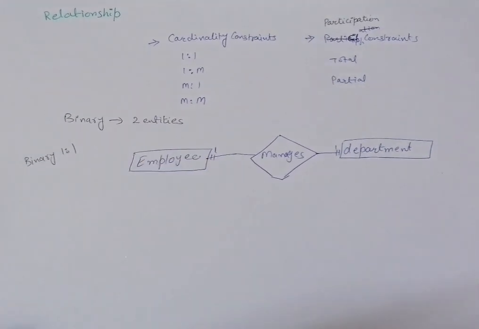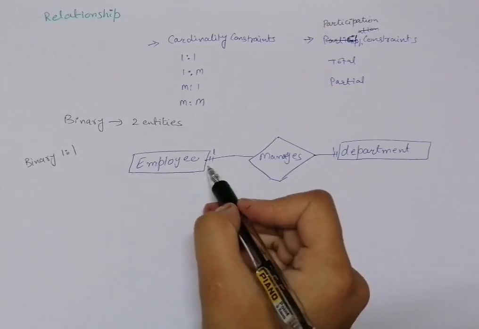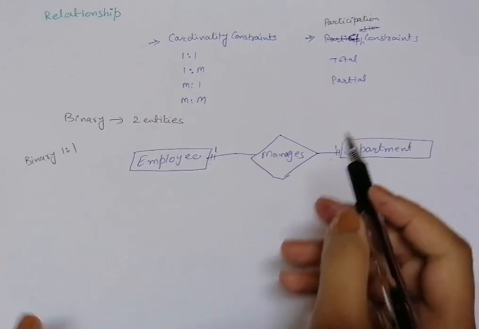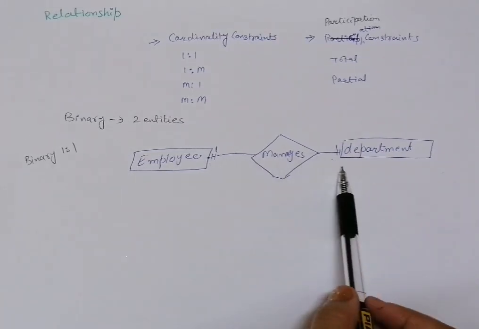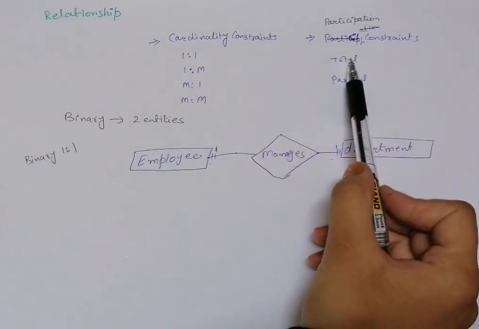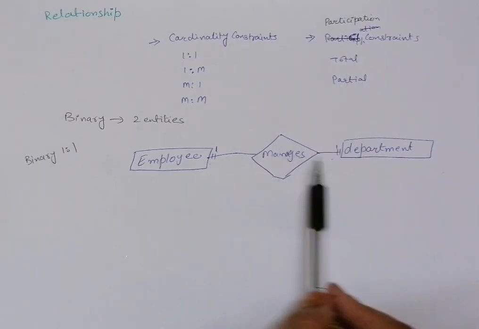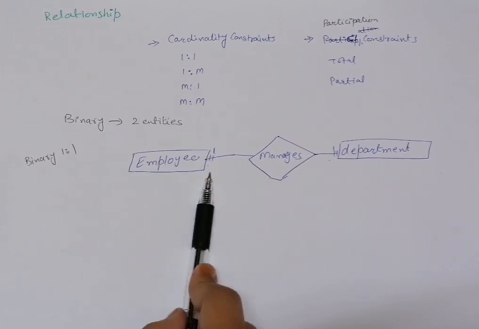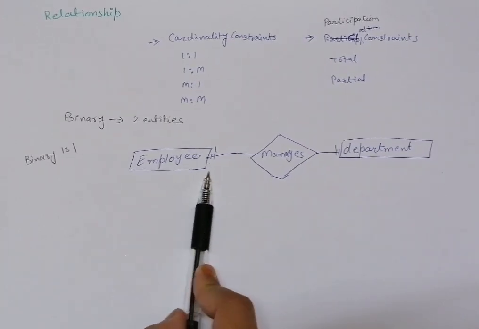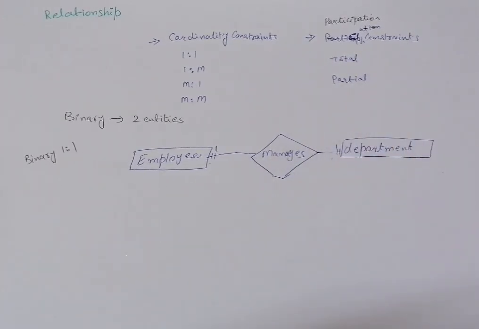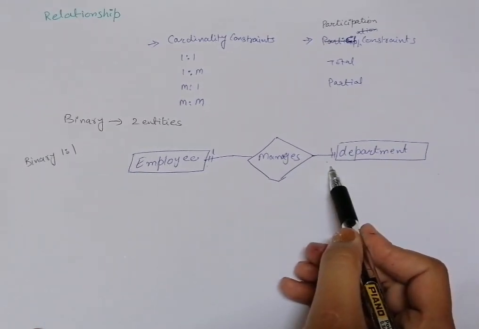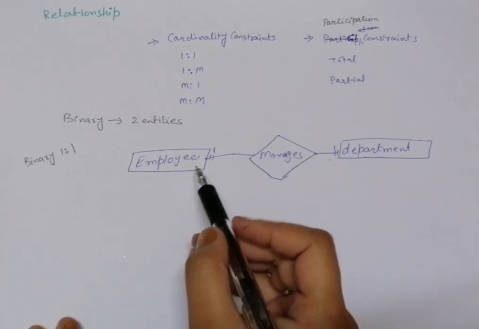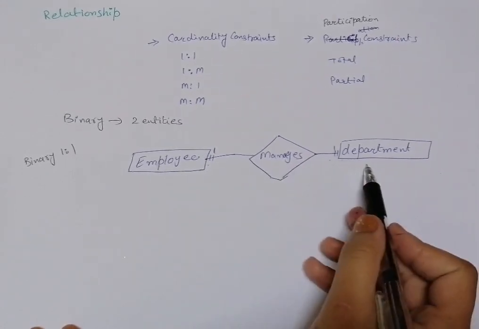1 to 1 relationship. Okay, so in this type of relationship, since the cardinality constraint on both sides is the same, we will look for the participation constraint. Whenever we have the same cardinality constraint, only then will we look for the participation constraint. When the constraint is many to many or one to many or many to one, then we don't have to look for the participation constraint. But in this particular case, we have the same cardinality ratio, so we'll look for the participation constraint.